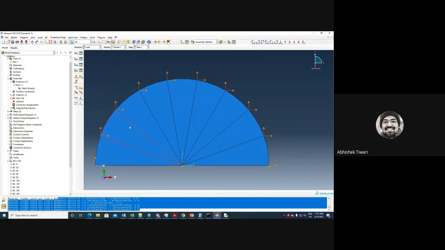What I want you to do by Friday is apply the boundary condition using node numbers, not how we did today, but using node numbers and using code, not manually.